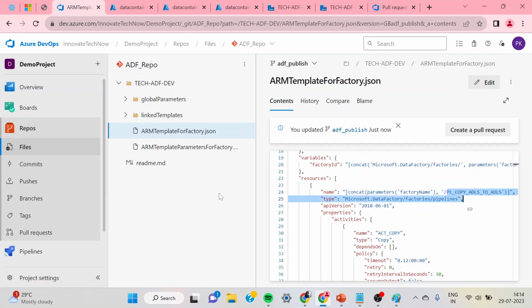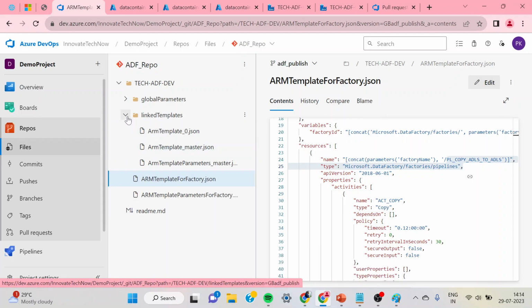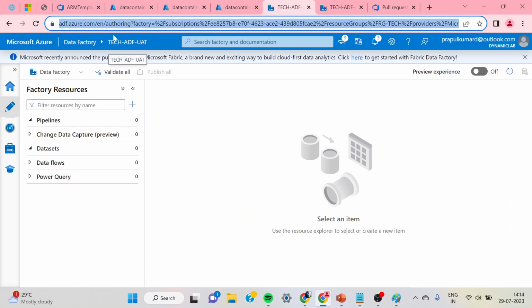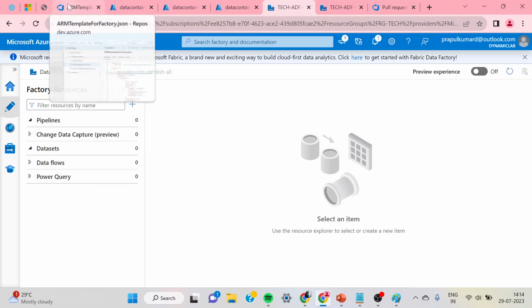This is the pipeline we have created. Now I will show my UAT ADF. This is my UAT ADF. Here I don't have any pipelines. So these pipelines will be automatically created by using the CI/CD process. So for that, what we need to do is